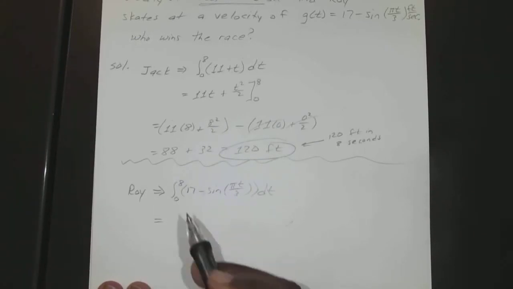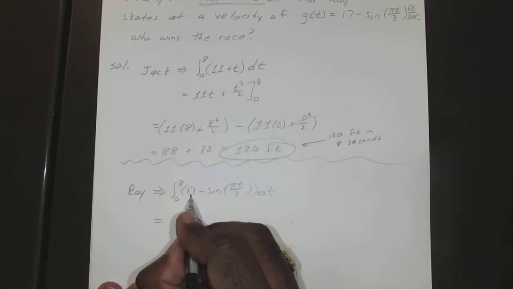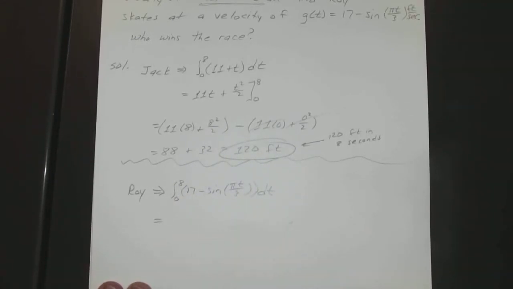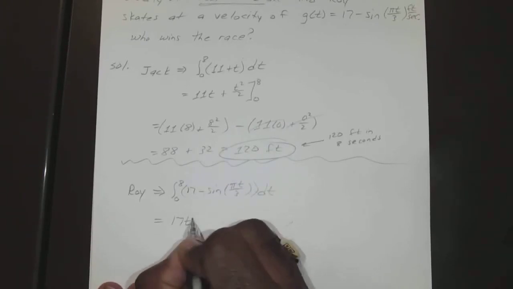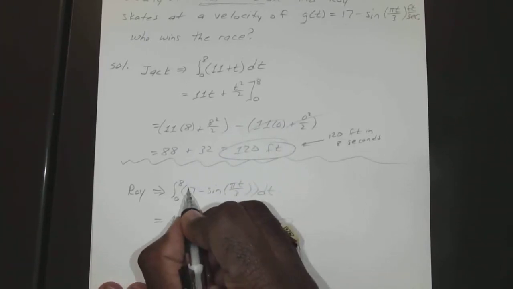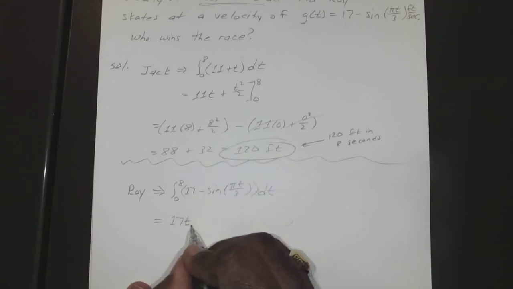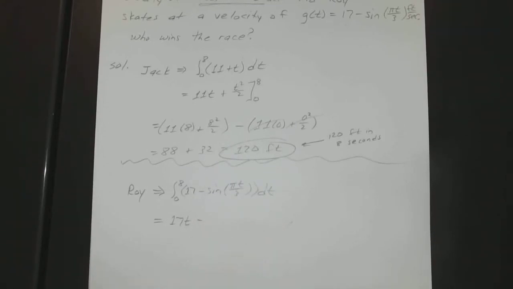Which is equal to 17, the antiderivative of 17 is 17 times t, minus